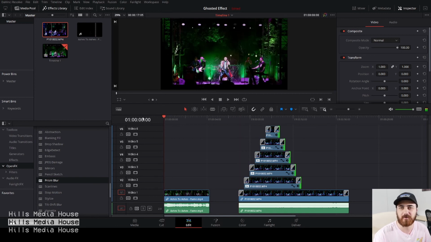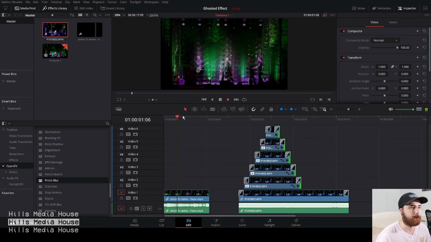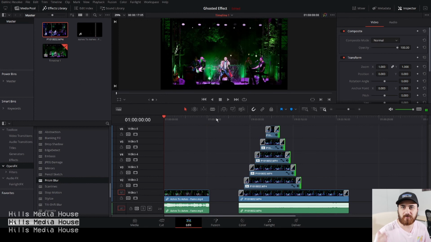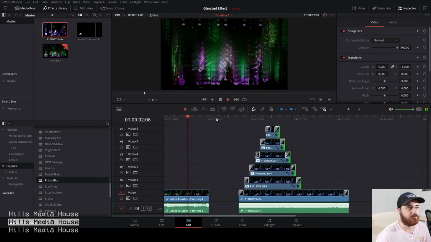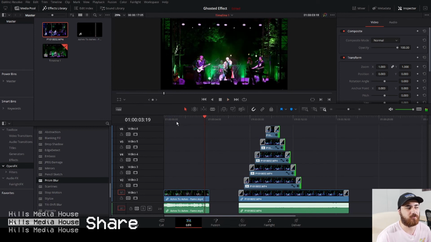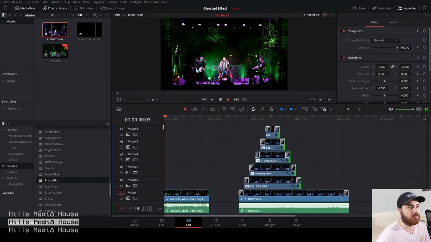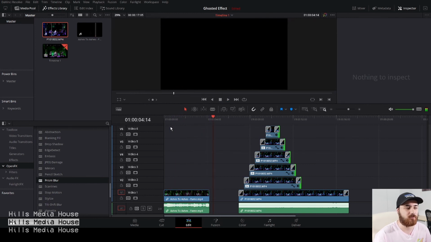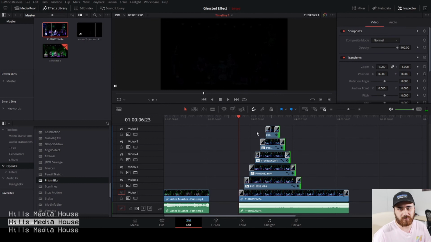Like in this original clip, it was a bit quicker as well. So I'll just play the original clip again. For that one there, I did do it to the beat. You can hear the bass and the drums in this one, so I've tried to sync it up with that. I'll play that again. So it's gone to the snare drum on this, so you've got the bang, and it starts there, and then bang, it ends there. With this one, I've just done this as an example, so I didn't time this up or sync it up, but